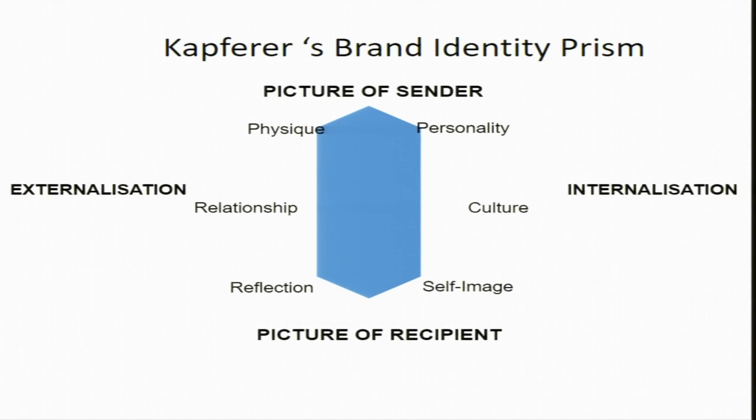On the right hand side, which is the internalization, you remember we were talking of the duality of the marketplace versus that which exists in our mind. So, that is the duality you can see here also. Internalization is that which is happening inside our mind, and externalization is that which is happening in the marketplace. So, that duality can be seen